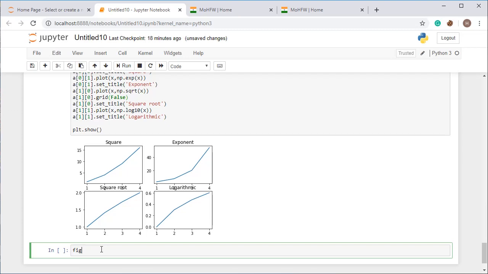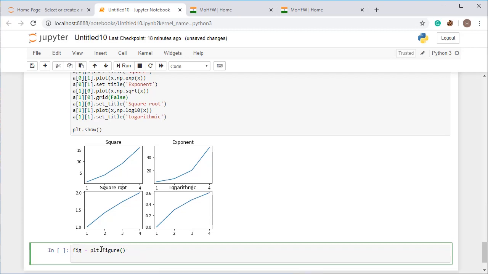I'm just creating first a figure, plt.figure, and then it will create a figure for me, and then I am setting axis equal to fig.add_axes, and now I am setting it to 0 0 1 1. Then I am using languages preferred by students.